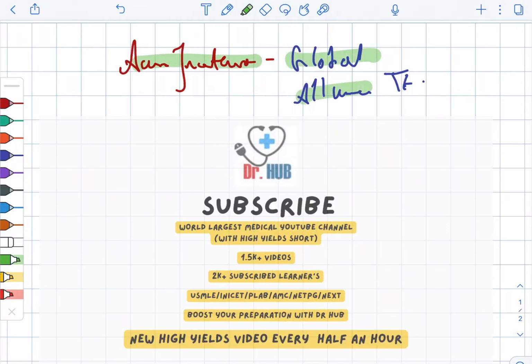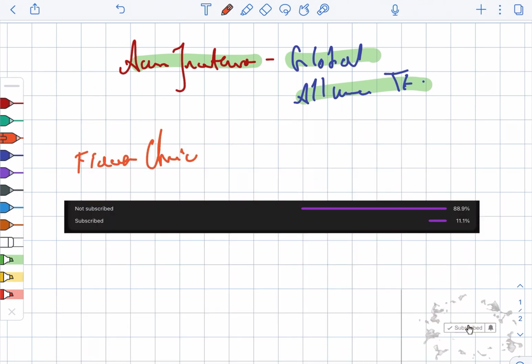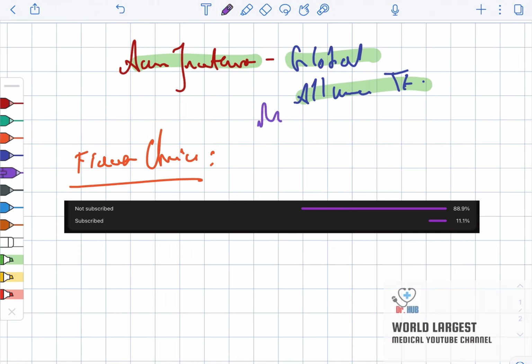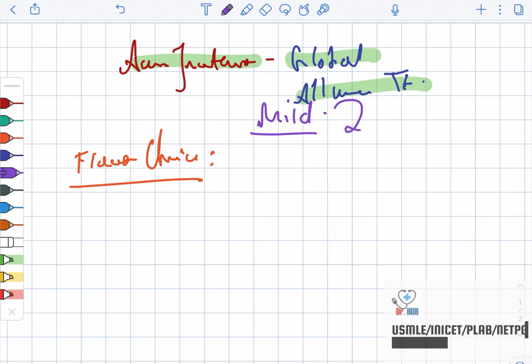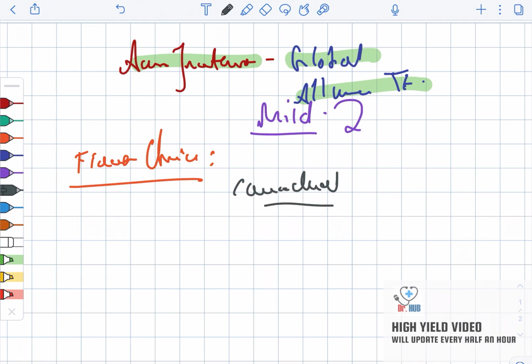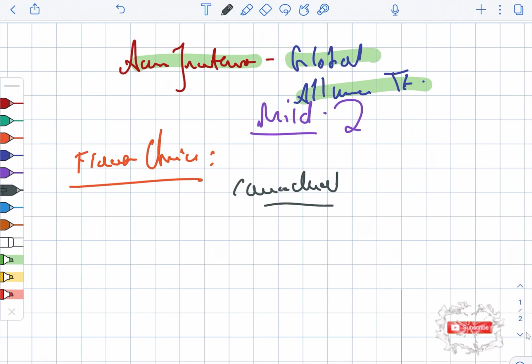Acne treatment, that is a global alliance algorithm. So here first we are looking at the first choice. In case of the first choice, what we see is in mild, we have the comedonal. So in case of comedonal, there is the topical